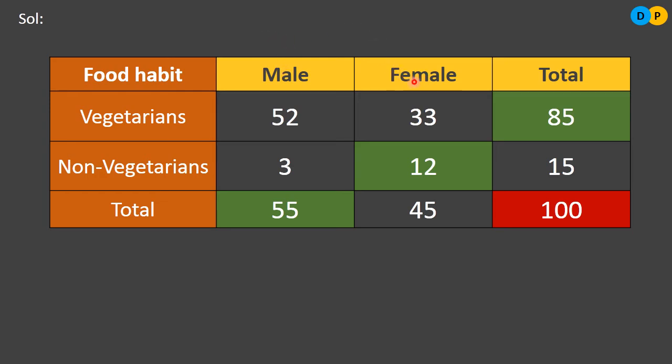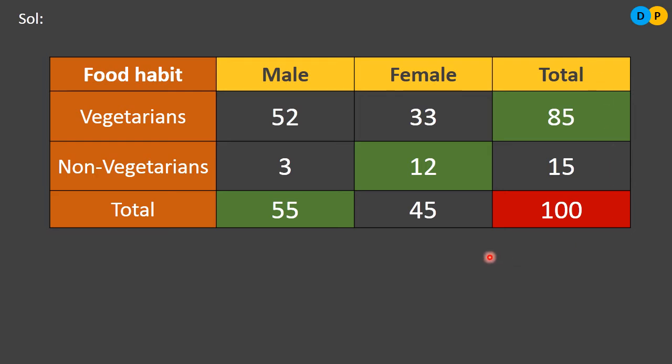Because there was another characteristic, sex. How many of my residents were male? How many of them were female? If I want to know, then I need the columns male and female. Finally, I will consider one more column, total. I will consider total in both column and row, both ends, because in case someone asks what is the male strength, what is the female strength, then I would need to know. Similarly, what is the vegetarian strength or the non-vegetarian strength, then also I need to know. That's why I have considered a table of this particular nature. Next, now we need to fill the data.